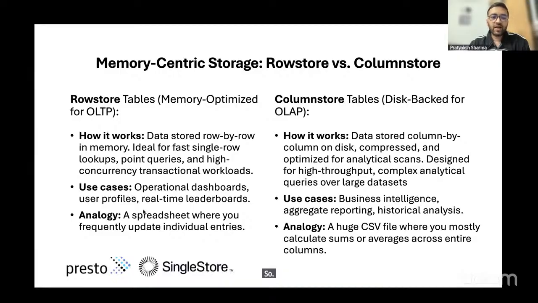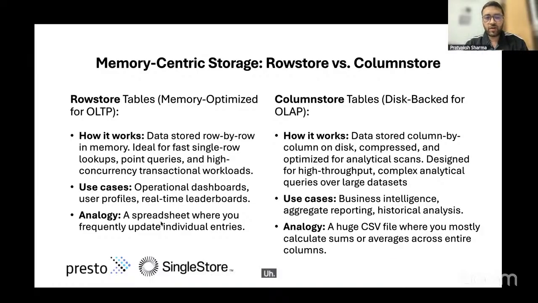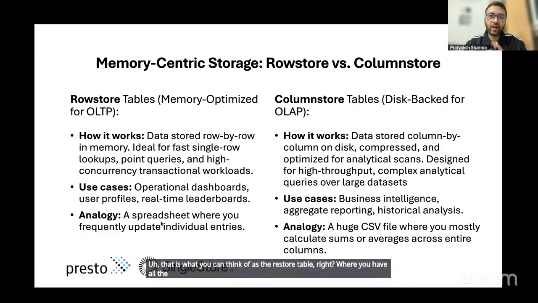So there's an analogy which we are giving here: let's say you have a spreadsheet where you frequently update the individual entries. That is what you can think of as the row store table, right? Where you have all the rows and you get frequent operations which will be updating those rows one by one,